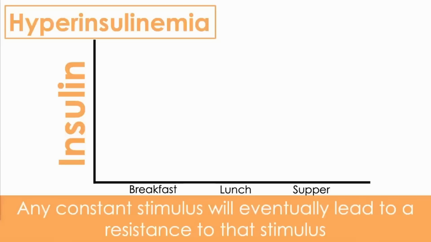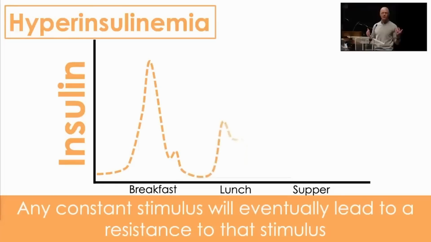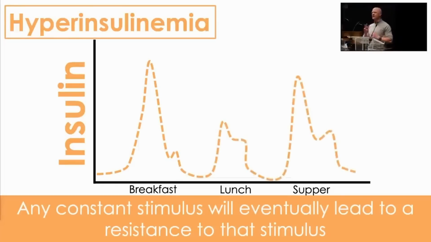Now, if we shift this a little bit and come back to the body and insulin itself, let me impress upon you the relevance of this issue, why it is such a problem. The average, in fact, less than average person, an uncommon person only eats 3 times a day. And this might be what their insulin levels do. They have a starchy, sugary breakfast, maybe a little more protein and fat for lunch, and then they have a nice starchy, sugary dinner. This is what their insulin levels would look like. Every time they spike it takes a couple hours or 3 hours to come down.